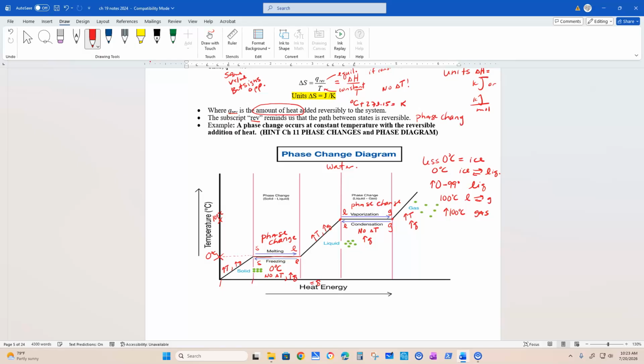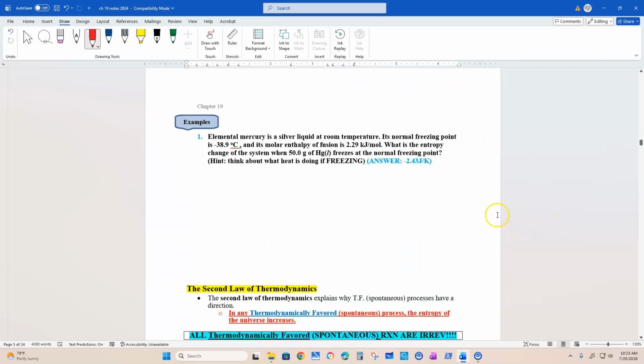I can go from a solid to a liquid, and I can go from a liquid to a solid, but the temperature stays constant. Okay, so phase change lets us change matter, particle movement, for a reversible process by adding heat, but the temperature stays constant. It's a very simple equation. Let's bust out those calculators, but I am going to say beware of the wording,